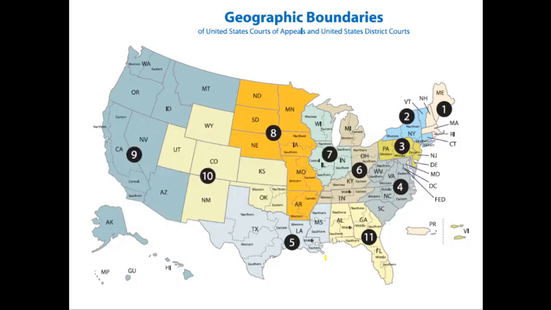Now, another thing to keep in mind is that in addition to these 11 Circuit Court of Appeals regions, we have 2 additional appeals courts. And both of those are located in the Washington region, which is, of course, the heart of government. So you've got a lot more activity going on there legally with respect to federal law. Therefore, you have a D.C. Court of Appeals in Washington, and you also have a federal court of appeals in Washington. That's where a lot of federal court cases are filed or appealed to,